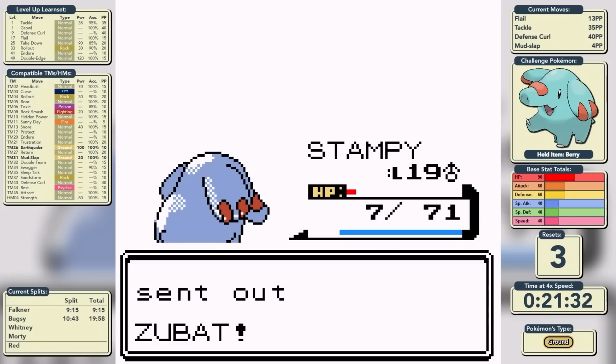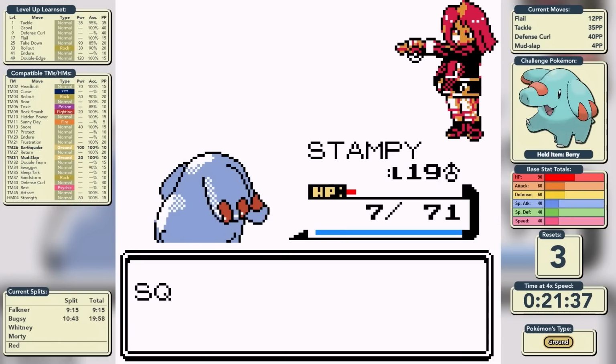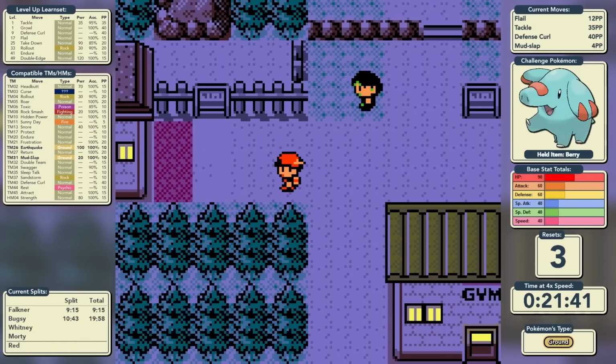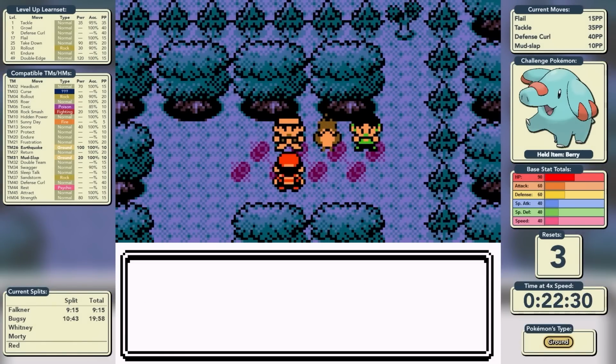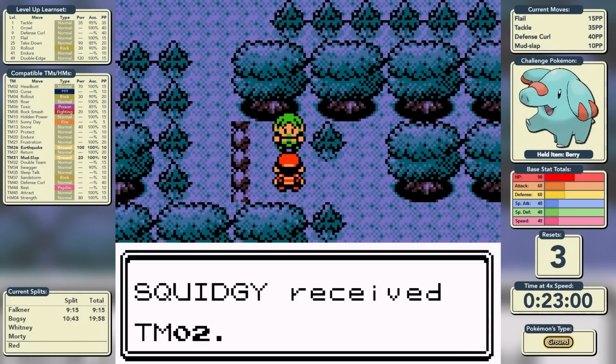The Reflect fades, Flail hits for huge damage, and we knock out the Bayleef, and we do exactly the same against the Zubat. That is Rival 2 done and dusted in just 3 resets, and that means we can move on towards Goldenrod City. But before we enter the city proper, we've got a couple of bits to do in the forest. We pick up Cut from the charcoal maker, and we also pick up Headbutt from the green-haired man